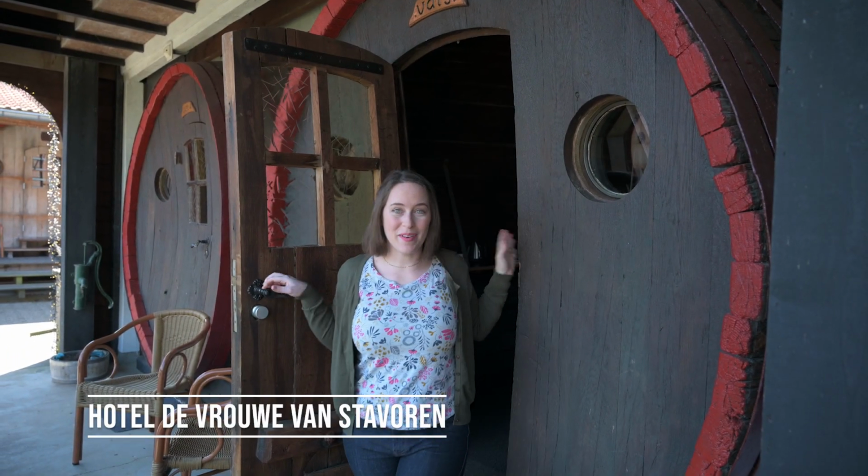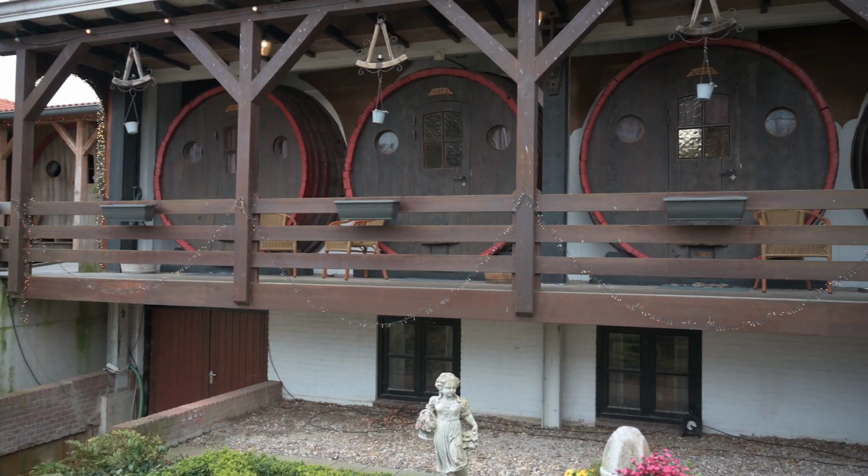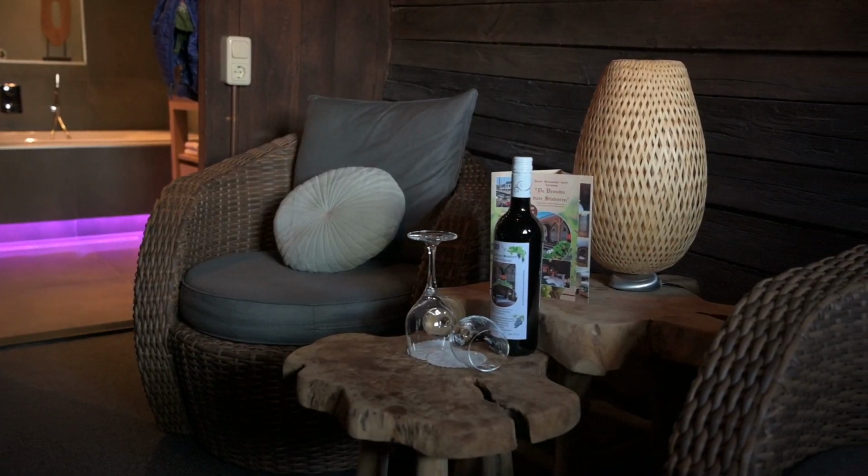Welcome to our wine barrel. This is where we are staying for tonight. I can't wait to show you inside. Come on. We have 2 barrels all to ourselves for the next night, and this first one is our living room. Check it out. We have 2 swivel chairs that look super comfy, a smart TV behind me, wine, plates,